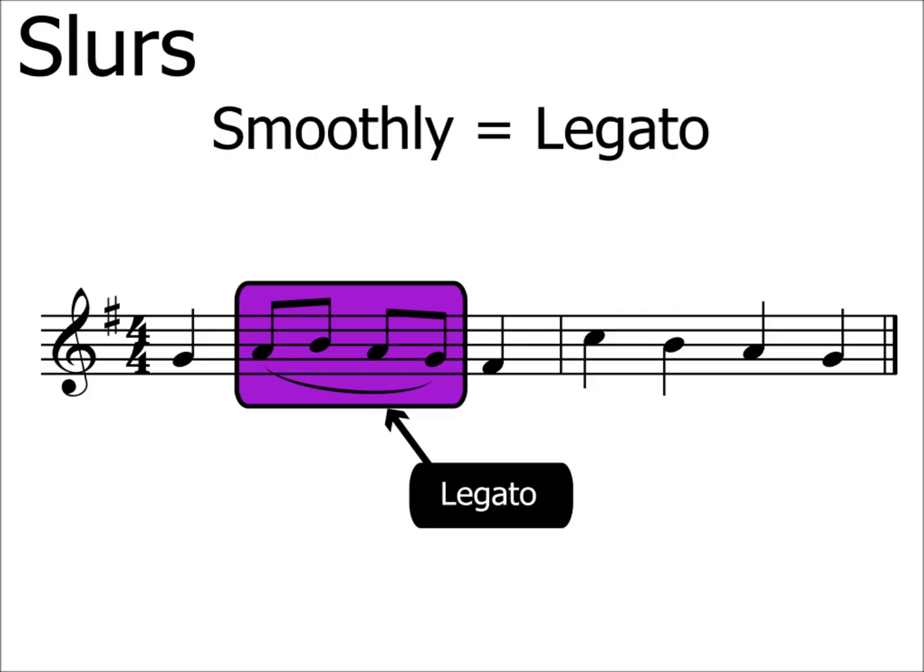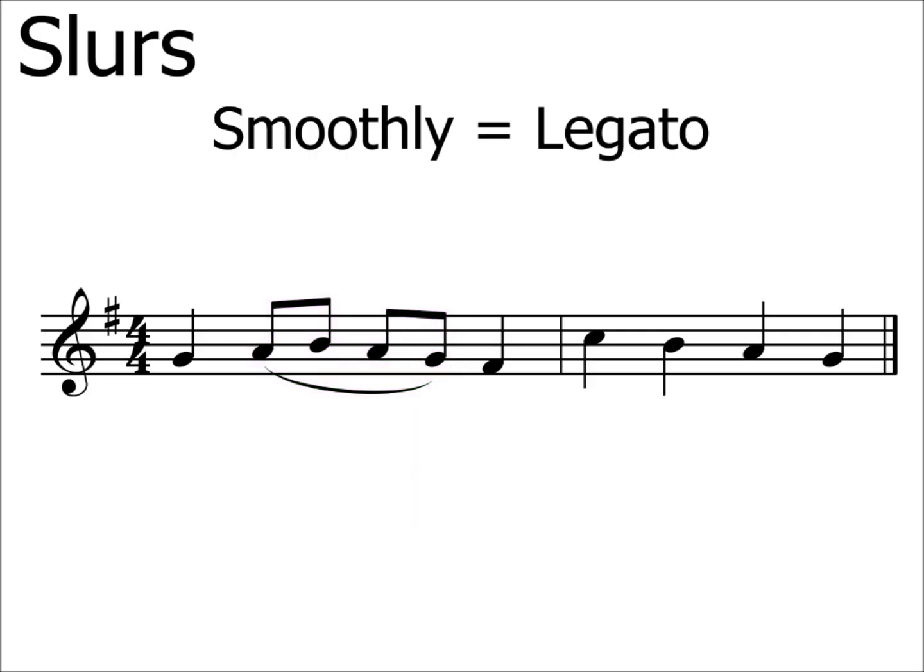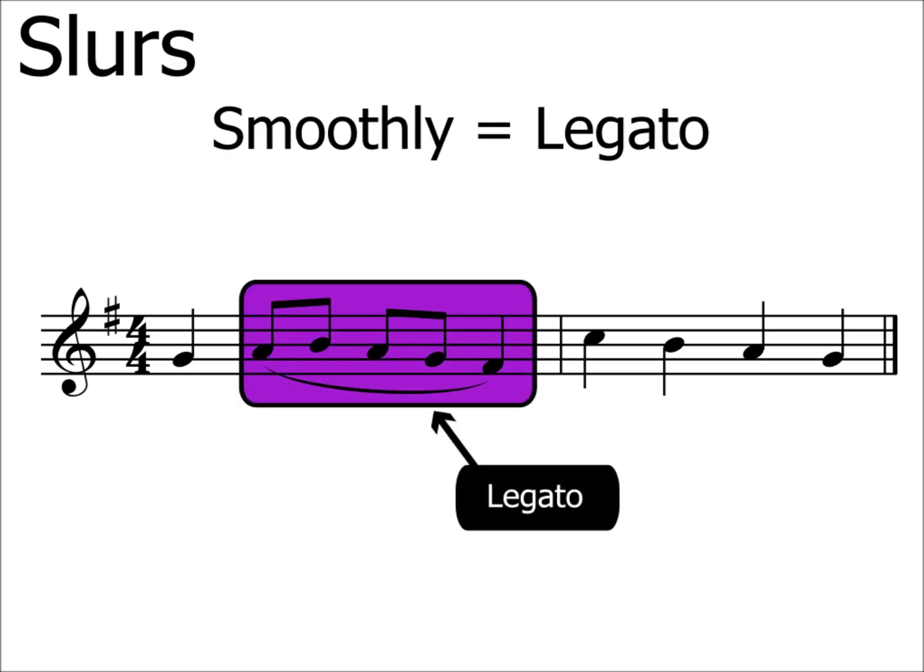Now, if you play a wind instrument, this is a simple case of tonguing the first note, but not tonguing each of the following quavers, allowing the sound to flow uninterrupted from one note to the next. A string player may play the notes in a single bow stroke to achieve the same legato effect. If the slur was extended to the F, all of the notes highlighted would be played legato. So, the simple purpose of a slur is to indicate to a musician to play the notes under the slur